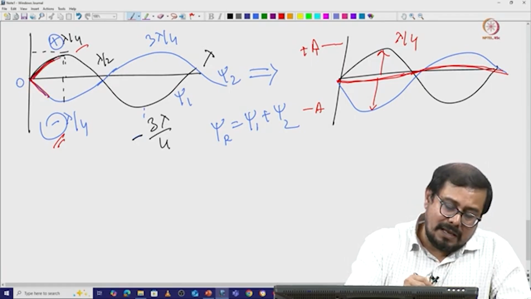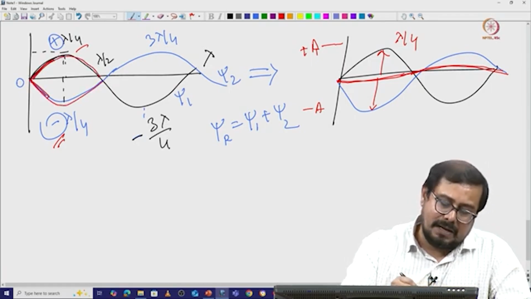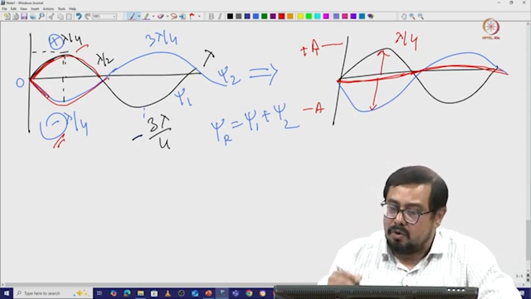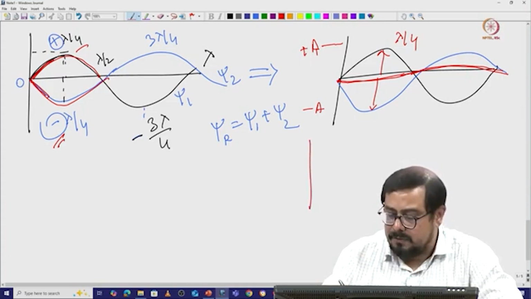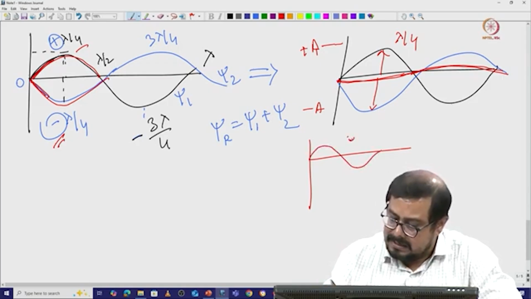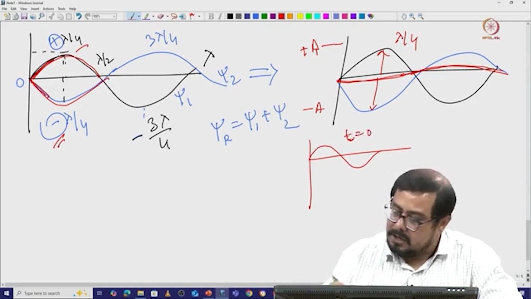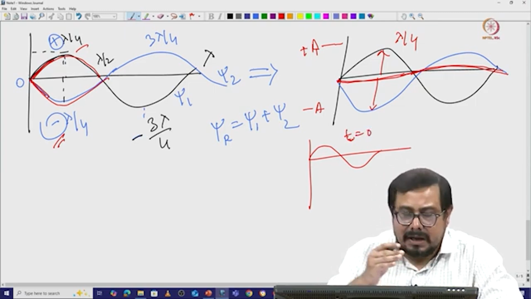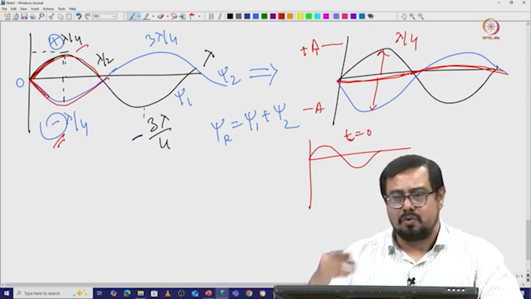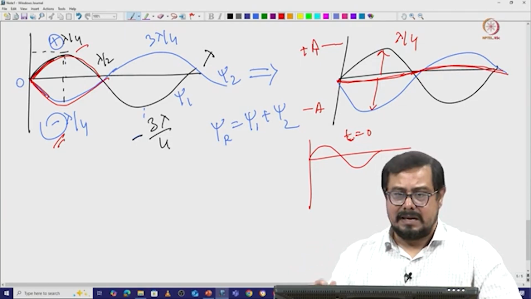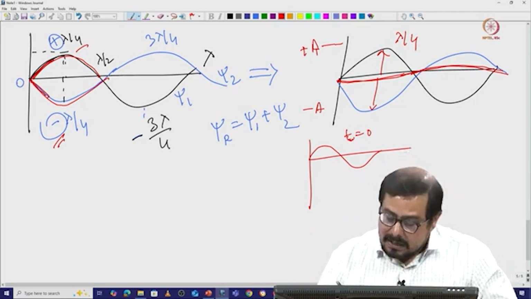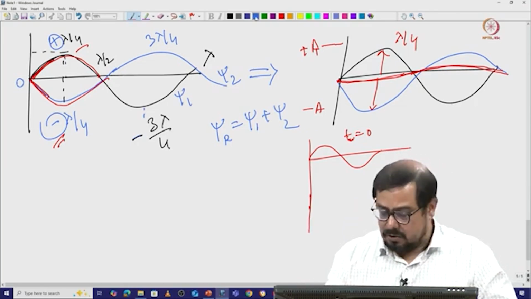So, one wave is going in this particular phase, the other wave is completely in a different phase. When we are discussing how a wave propagates, if you recall, last class I told you that when t equals 0, you will get a wave like that. Now, if you move on, when t equals capital T by 8 or capital T by 4 and then capital T by 2, at a certain point your wave is almost